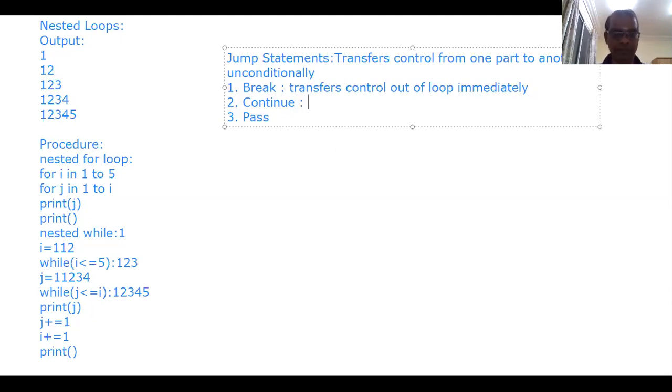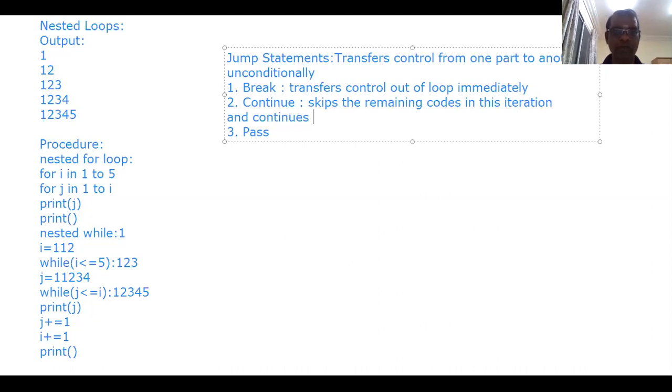Whereas continue skips the remaining part of the remaining code in this iteration and continues for the next iteration.